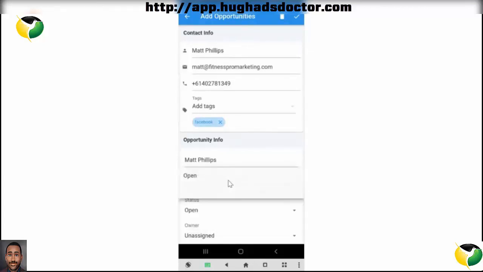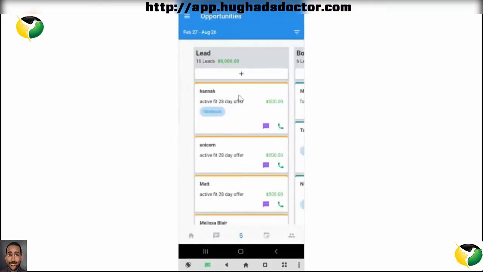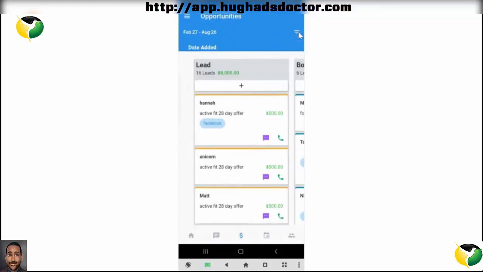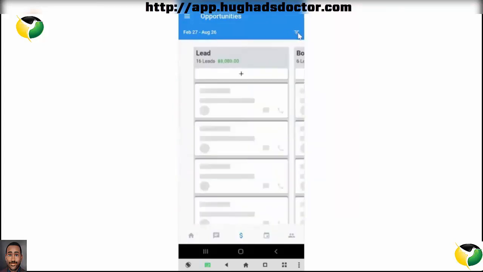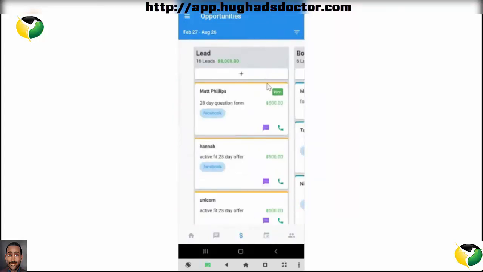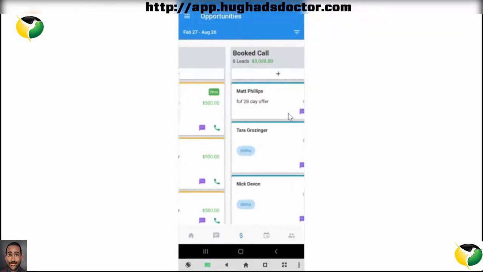One thing to note, if you do change that opportunity area, it also changes on the screen as well. You can also set the status to all instead of open, so you can see all the views. As you can see here, it only shows you the leads that are in open status. It doesn't show you anyone in closed or lost. But you can always change it up from there and look at specific ones that you want to look at